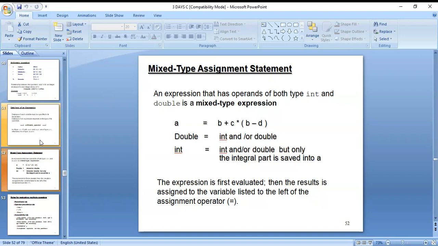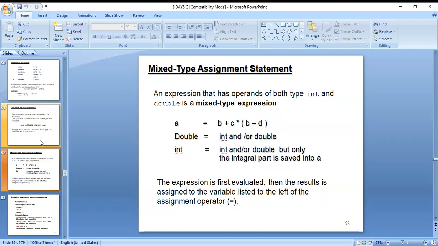The expression is first evaluated, then the result is assigned to the variable listed to the left of the assignment operator, the equal sign. Next, here you can see mixed type assignment, nothing but we can mix integer and double, but only the integral part is saved into the variable.